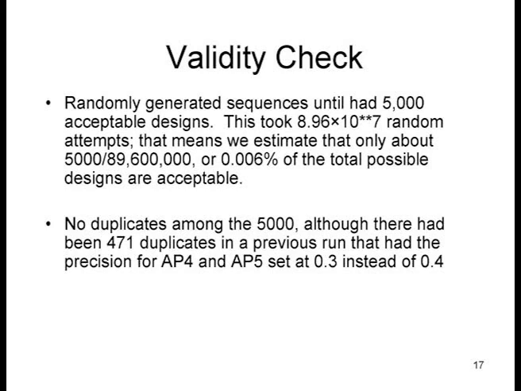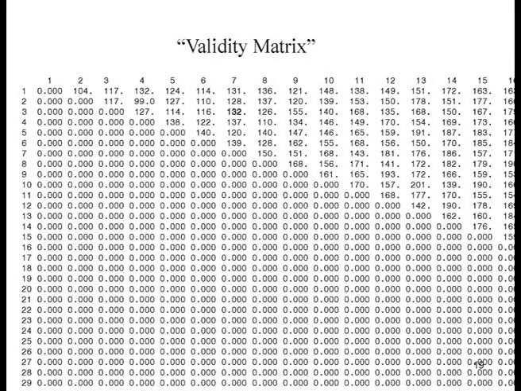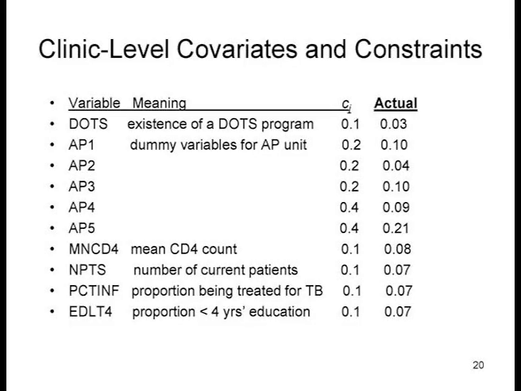I told you I'd go through these fast. Anyway, we had a validity matrix that shows you the number of times that these pairs had a chance to enter or not, and it's variable, but it's not extreme. We've done some other simulations that make us think that. And as it turned out, our final randomization with the National Lottery, we did pretty well.